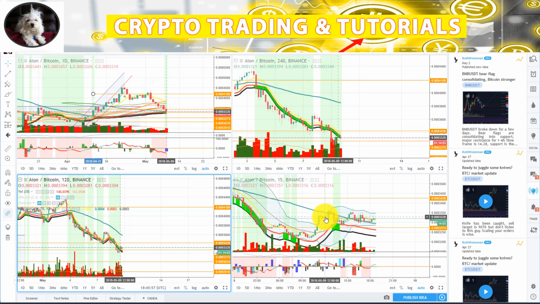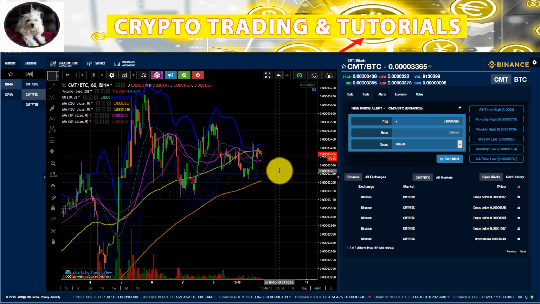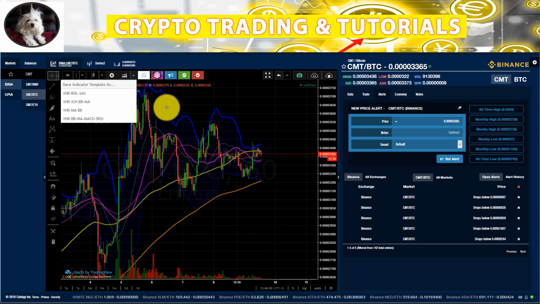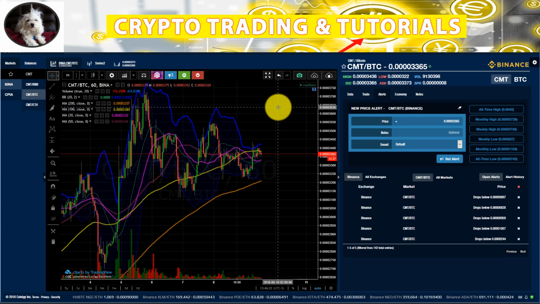So if you have the screen real estate to do this, if you have the upgraded version of TradingView, this to me makes TradingView a great system. I'm using it more than Coinigy because I don't believe Coinigy has these abilities to have multi-charts. So I'm using TradingView a lot more just because Coinigy doesn't have the depth of features that TradingView does. The other thing that I use Coinigy for, and I know sometimes I go off on tangents,